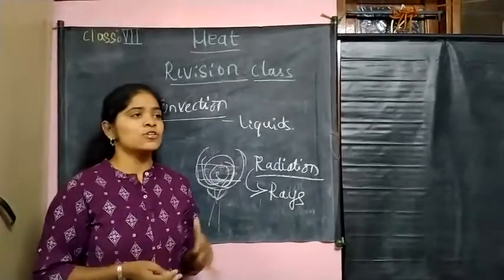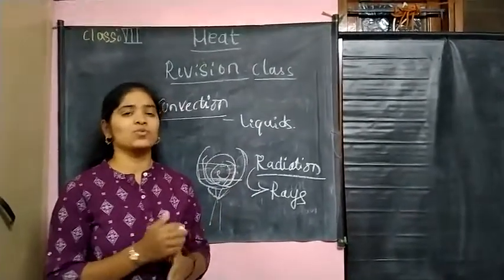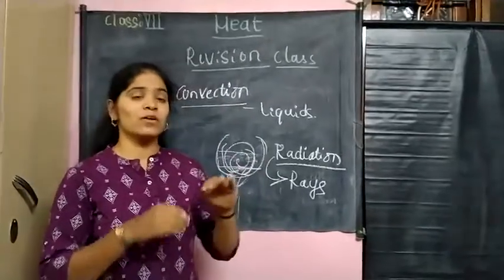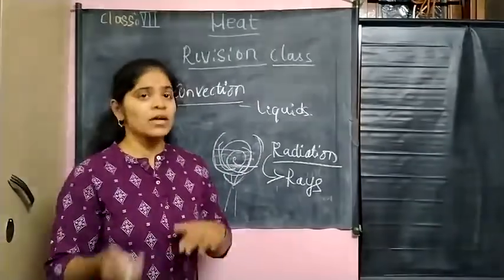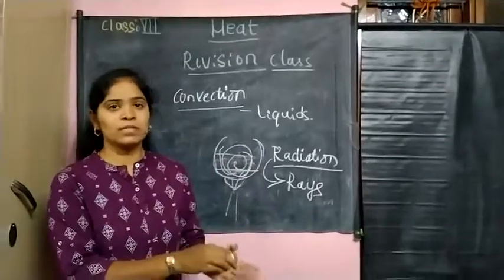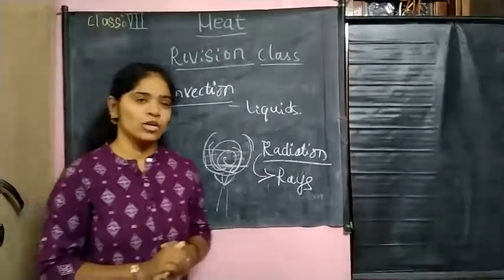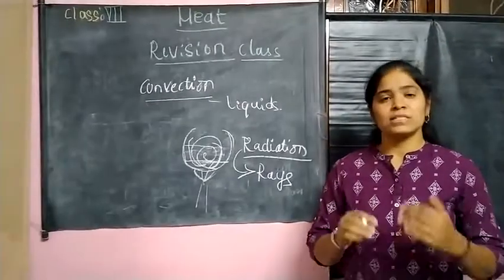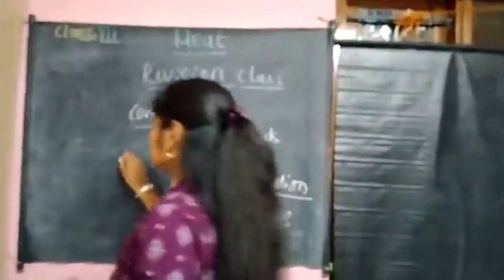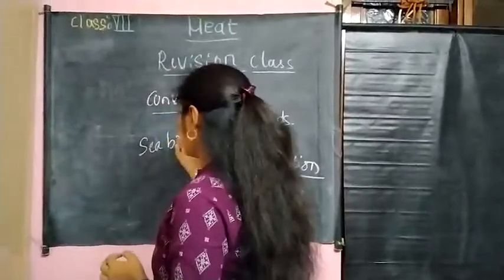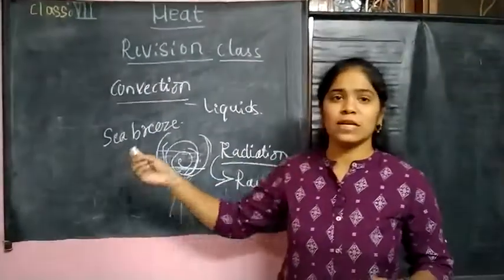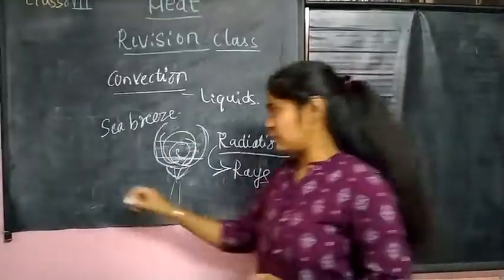land breeze. So this sea breeze and land breeze usually occurs at the beach, where the oceans and the seas are present. There these sea breeze and land breeze occur. So what is called a sea breeze and what is a land breeze? Sea breeze means what? This is a type of method where the transfer of heat takes place during the daytime.